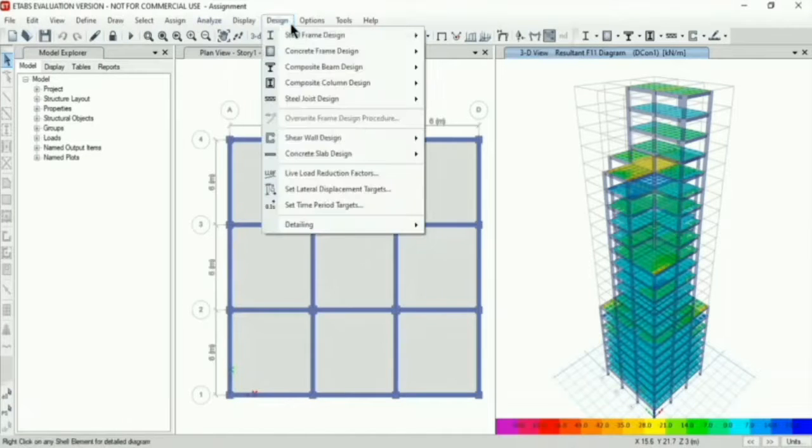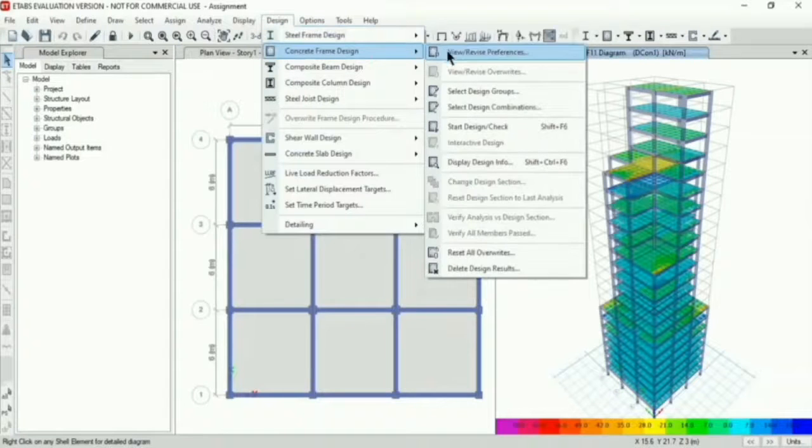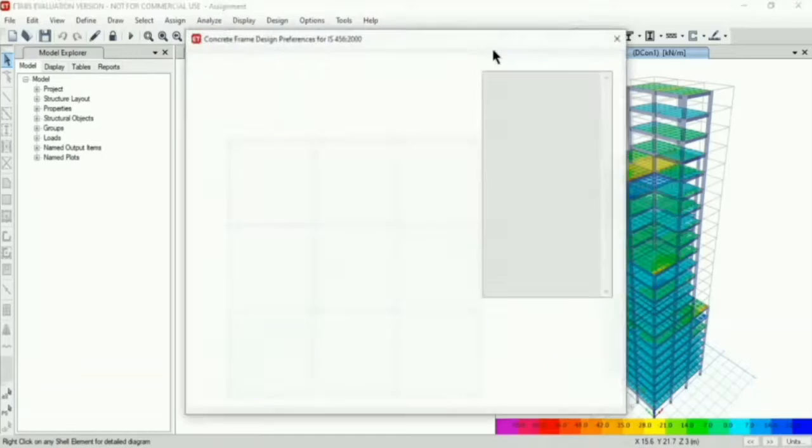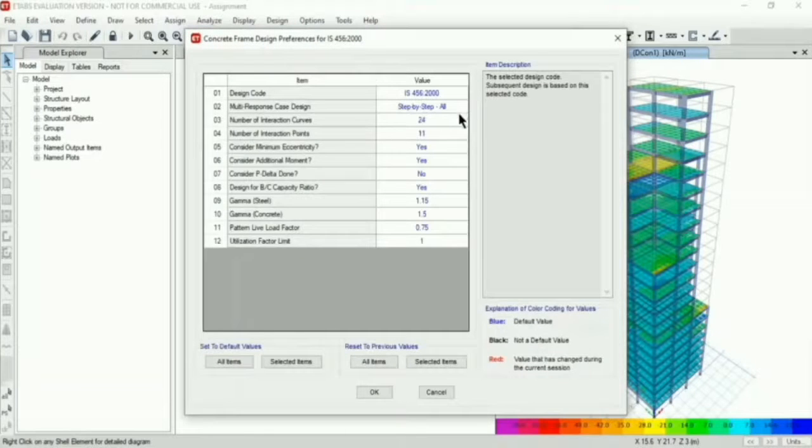Now we will design our building. First of all, we will check our parameters, and they should be as per Indian standards.